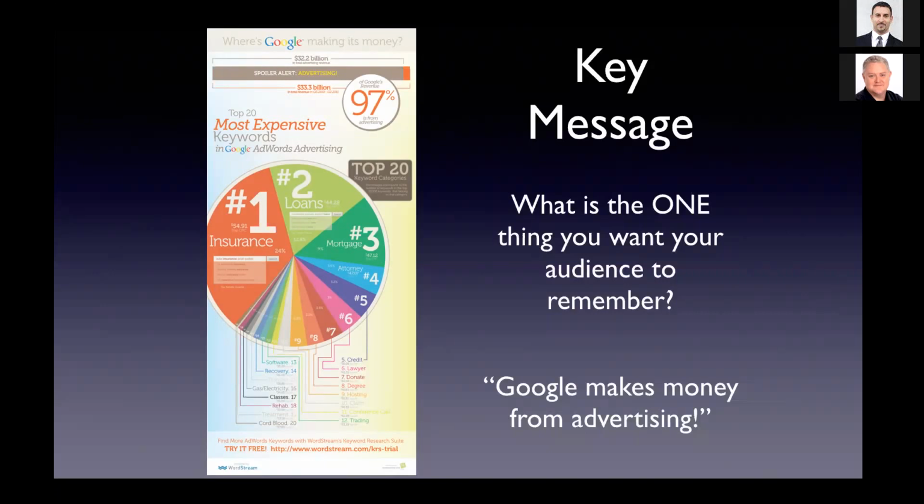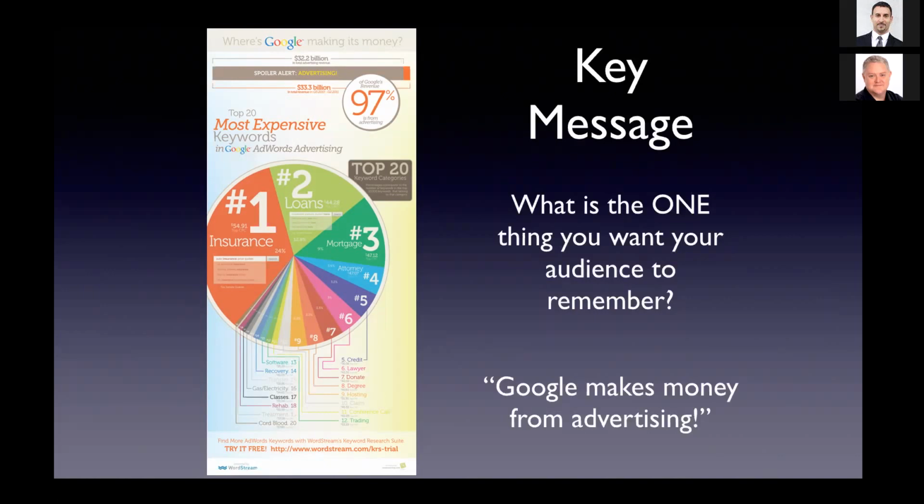And you very quickly understand that the key message is Google's just making their money from advertising. You can dig into the details and the top 20 keywords, but you really don't need to know that number 6 is lawyer and number 9 or 8 is degree. Those details are there for the smaller part of your audience that wants to dig into all those details. But if your audience skips over that and just realizes, okay, Google's making their money from advertising, and then they move on to something else on the web, missing success because you have communicated your key message in that first